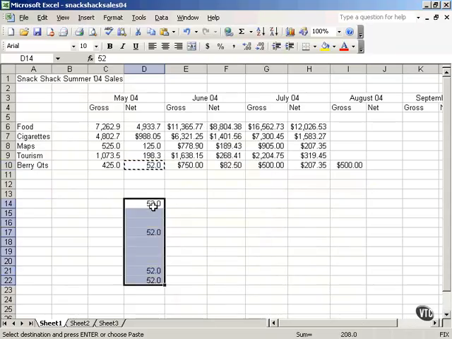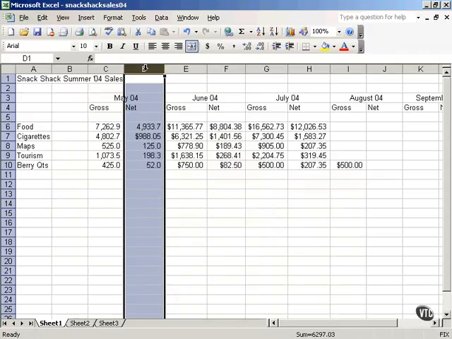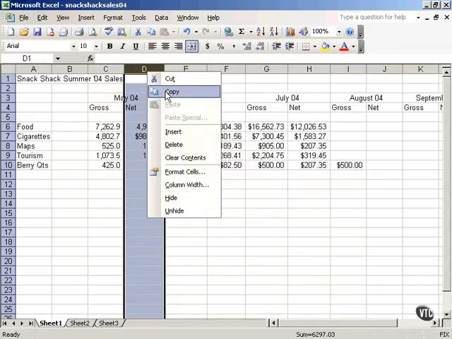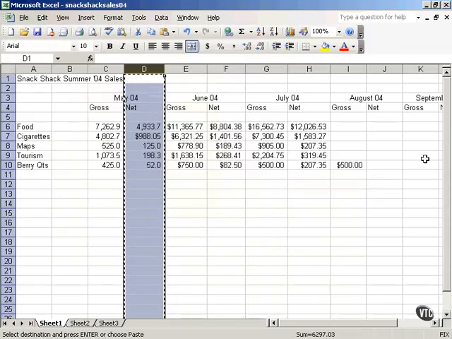now to copy an entire column, say this column, you would select the column, then you can right-click and choose Copy, or go through any of the other methods, going to the Edit menu and selecting Copy, or by pressing Ctrl+Insert or Ctrl+C to copy. Here we're going to right-click, choose Copy, and now we're going to go to a different location on our sheet,